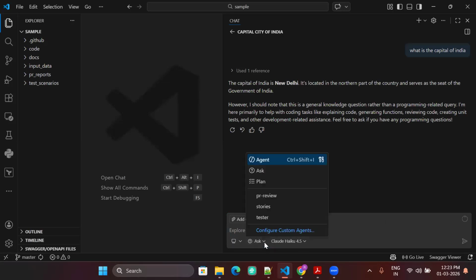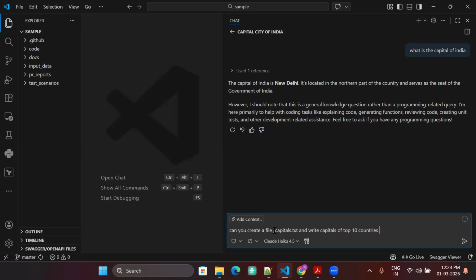But if I go to the agent mode and tell it, can you create a file on root level, capital.txt, and write the capitals of the top 10 countries along with their coordinates. Now I'm in the agent mode. If I do this, it will take action now.